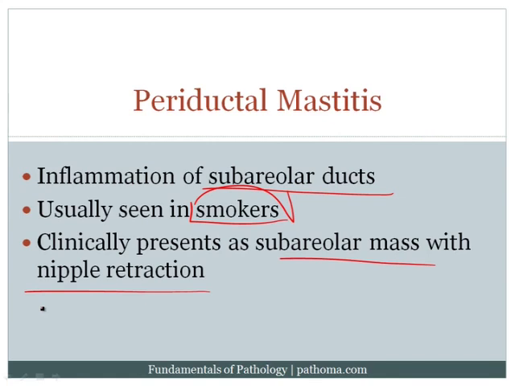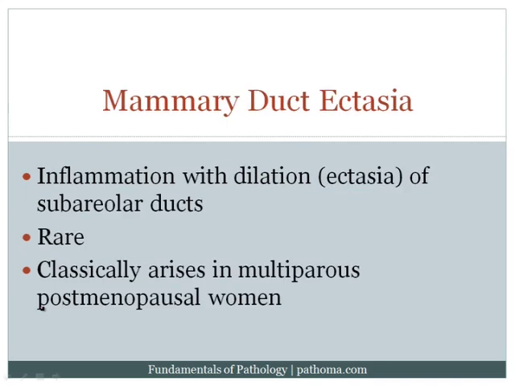However, that's not always the case. You can have nipple retraction with, for example, an inflammatory condition such as periductal mastitis. The next disorder is called mammary duct ectasia, and the idea here is, again, go back to the whiteboard, here's